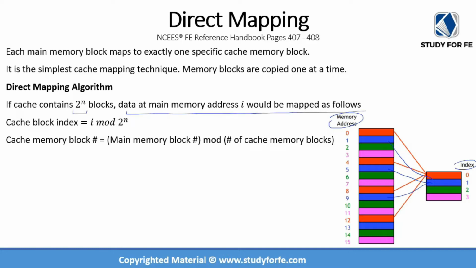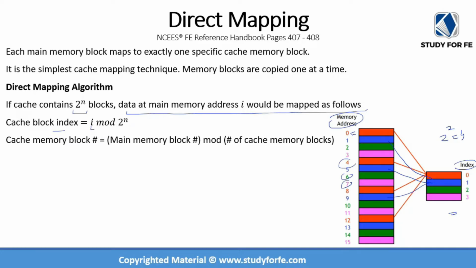I would be mapped as follows. So if we have 2 raised to power n, in this case you can see that we have 2 raised to power 2 because we have a total of 4 blocks in the cache. So the data at memory address I, so these are the memory addresses 4, 5, 6. This is a very simplified version of how a memory block would look, but the idea is that the cache memory block index for this particular main memory index can be given by this formula,